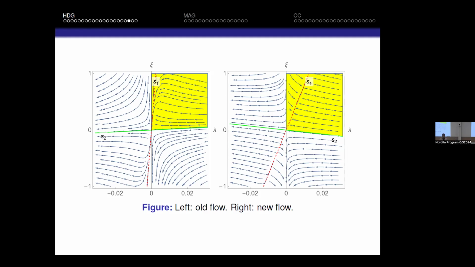But with the new beta functions, the region of asymptotic freedom is the first quadrant plus a thin wedge in the fourth quadrant. And the fourth quadrant is free of tachyons. And so this is the main novelty of this result. And I think it's a step towards making this theory a little bit more acceptable. It still has problems, but at least this problem of the tachyon is not there anymore.